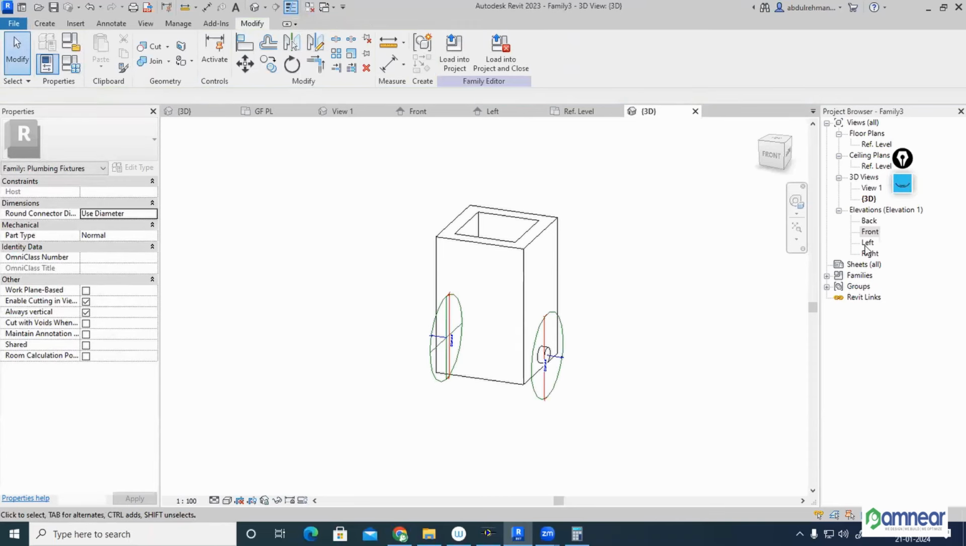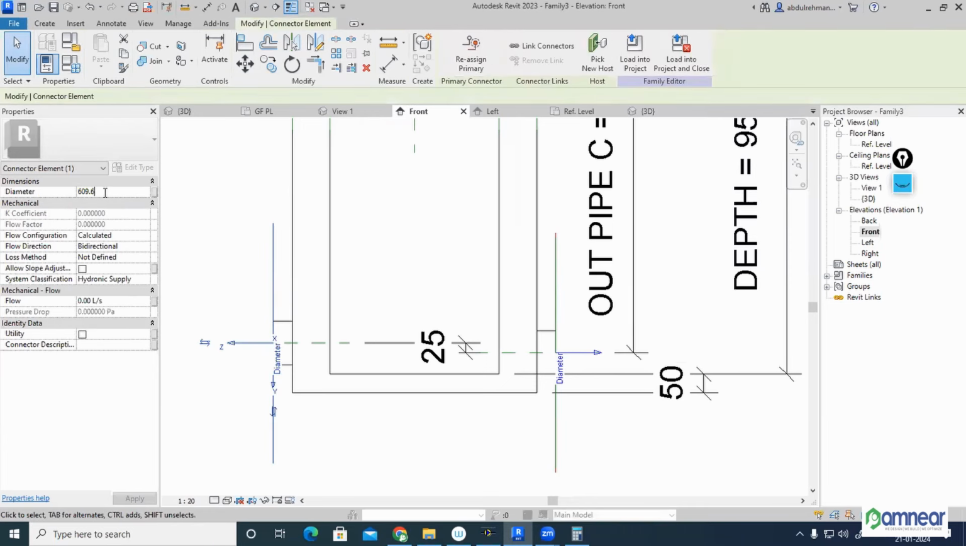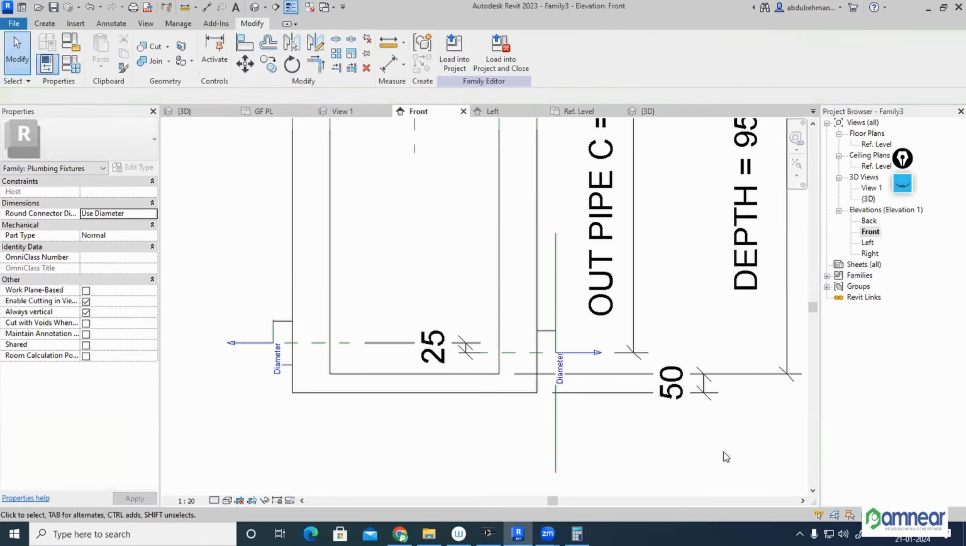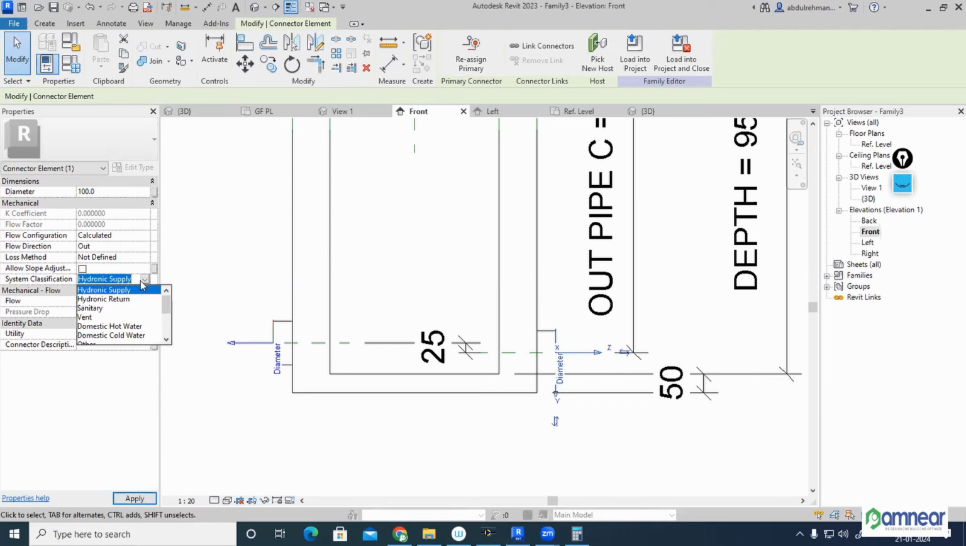Okay, two diameters. Just go to the front elevation. This is the inlet and outlet. Select this one, the inlet. Diameter for schedule 40, 100 mm only. Flow direction is not bidirectional, it is in. System classification is sanitary. Apply. Select this one. Now the diameter again I'm making 100, as per your requirement. If you want to make 150, you can make it like this. 100, flow direction is out. System classification is sanitary. I'm not changing the flow rate and all,